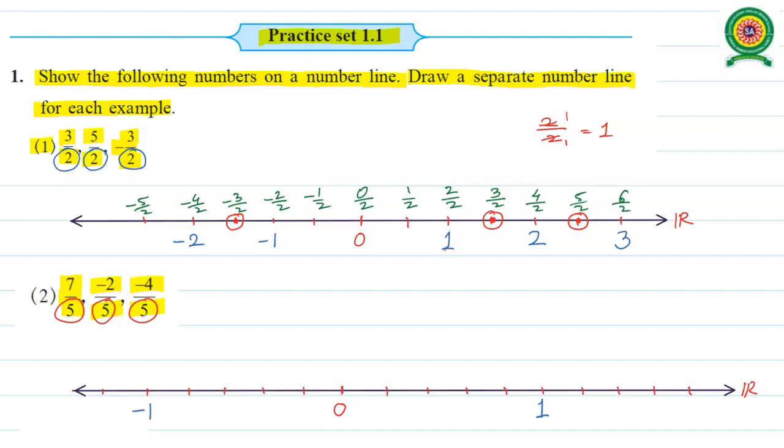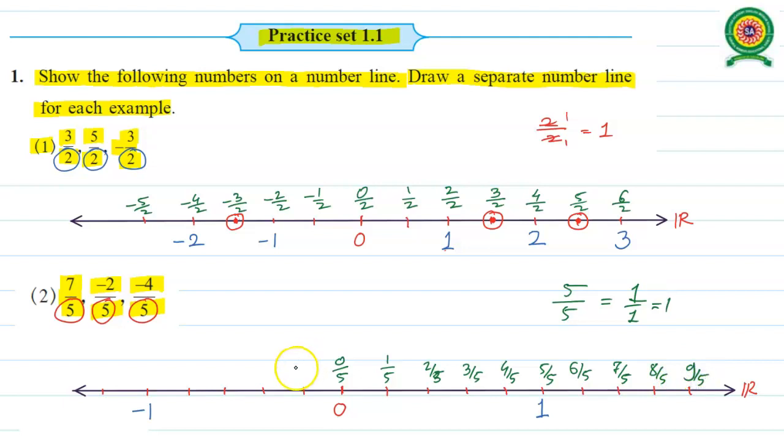Now that we have the denominator 5, let's start plotting the numbers on the number line. We have 0 by 5, and towards the right of 0, 1 by 5, 2 by 5, 3 by 5, 4 by 5 and 5 by 5. Look at 5 by 5: after dividing we have 1 by 1, which means 1. So exactly at 5 by 5 we have 1. Next 6 by 5, 7 by 5, 8 by 5, 9 by 5 and so on.